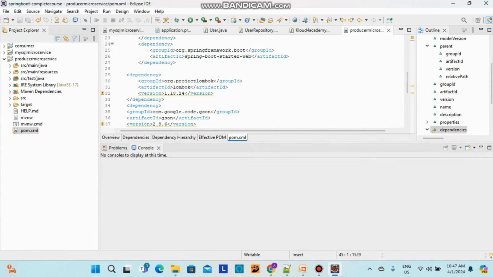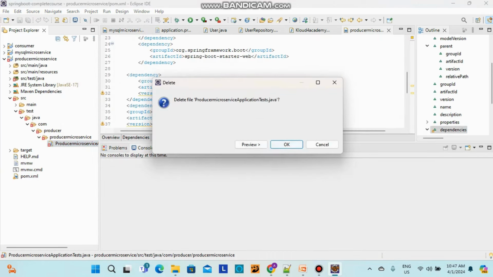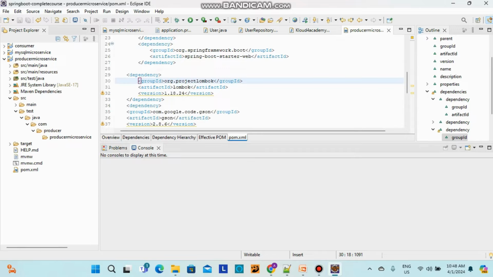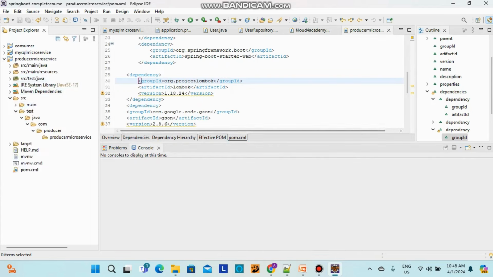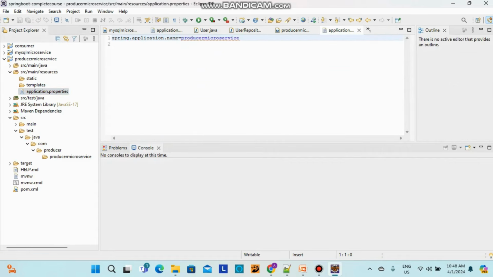Okay, then what we will do now, we are going to remove this test API. I remove the test API, right? So now we are good to go. Now I created a producer microservice which has all the required dependencies, and then I'm going to application.properties here, in resources, application.properties. You can change server.port, we will give, let's say,